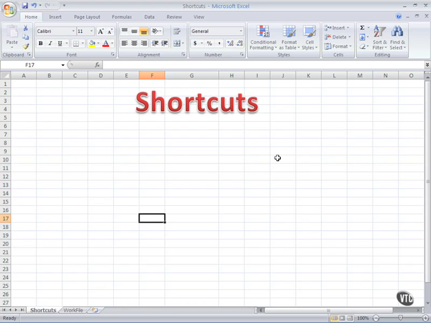Shortcuts have long been one of my favorite ways to save time and automate some activities within Excel. I'd like to share some of my more favorite ones with you. Probably the most commonly asked question is, how can I go ahead and put two lines in the same cell